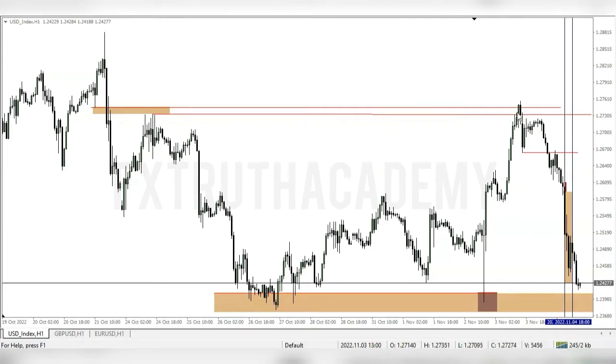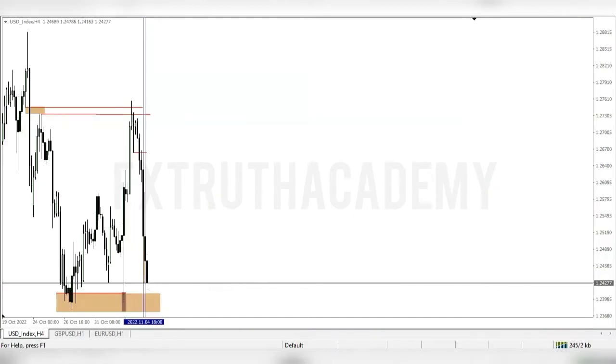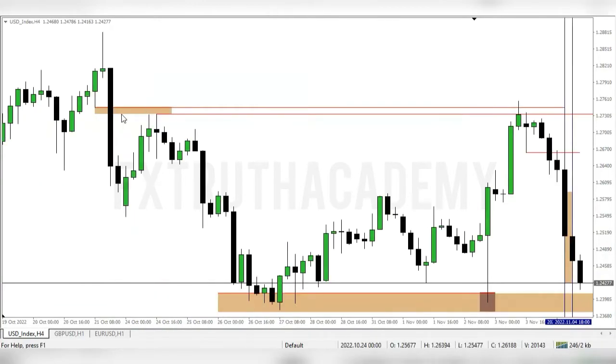You understand? But after price tapped into this area and rejected, I want to show you why. You can see that clearly on the 4 hours. You can see that there is a fair value gap right here, this high and this low, this little gap right here in price. Price wanted to fill that in. So that was this whole expansion to the upside. Price expanded to the upside, knocking and filling in that particular area of liquidity. And you can see the expansion to the downside, giving us a break of structure.